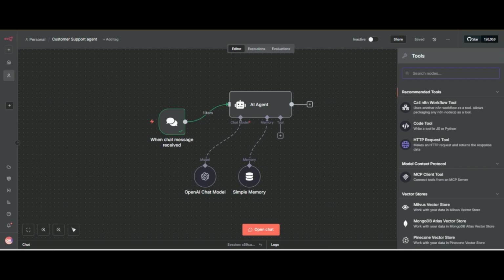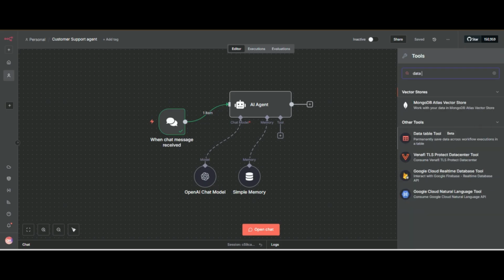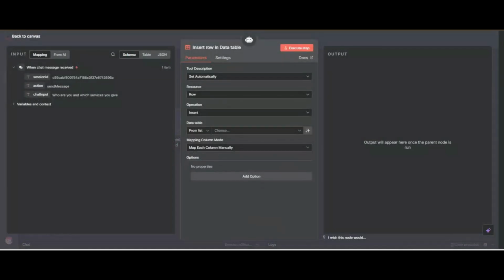So I search for data tables. Now you can see data tables are showing. We want to retrieve the data from our tables. We don't want to insert the data or delete the data.